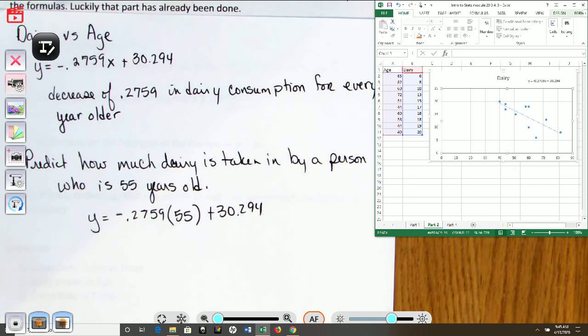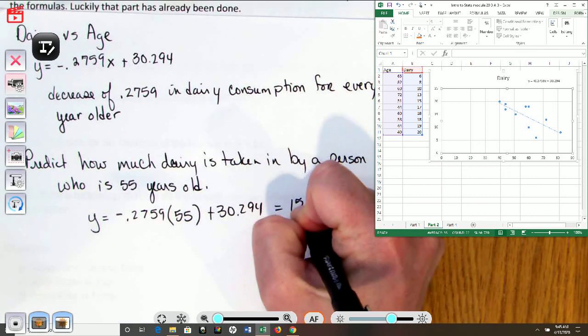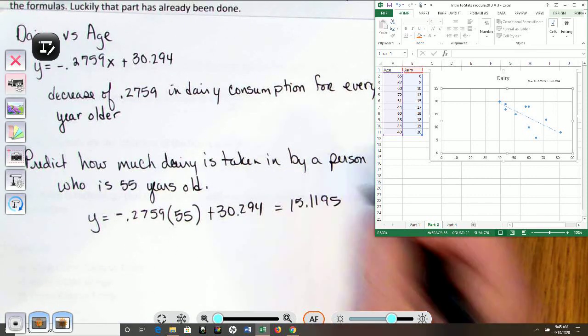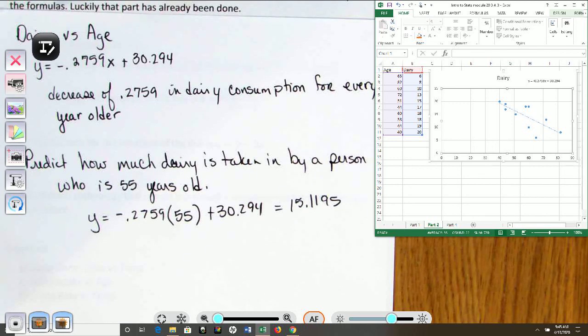And then I will take that number and add my 30.294. And I get 15.1195 units of dairy. And if you look at our 55-year-old, would be about right here. If you go up here, just over 15 or right around the 15 mark, so our calculation is pretty close. So because we are looking at